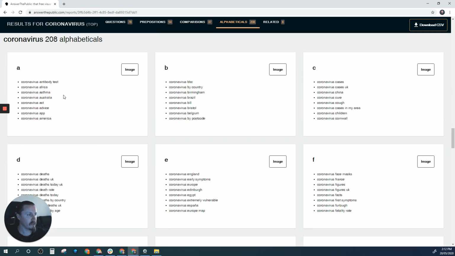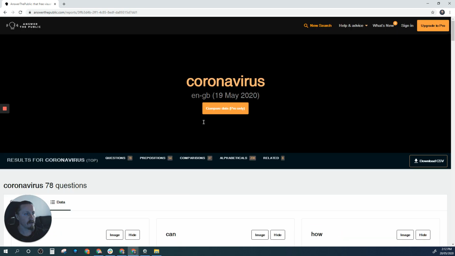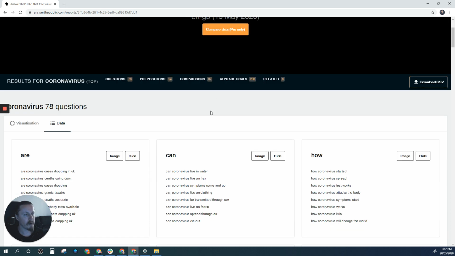And then if you just go to alphabetical, it'll give you pretty much everything that it's dug up based on that query and search term. So again, a super easy way to find topic and content ideas, all free. All you need to do is punch in your keyword, and then you get a bunch of replies and topic